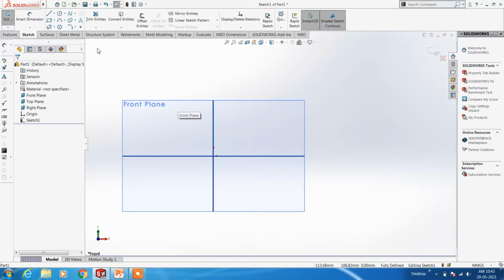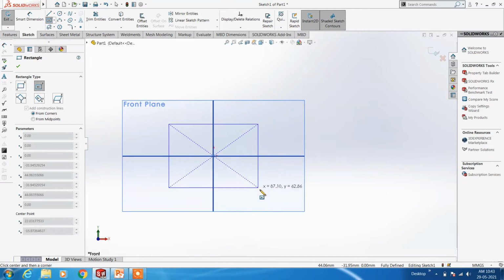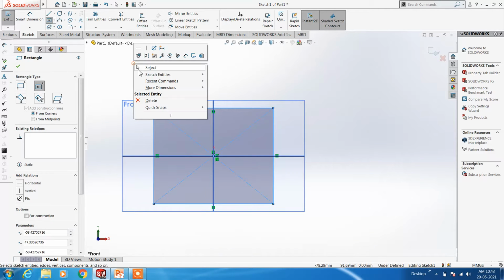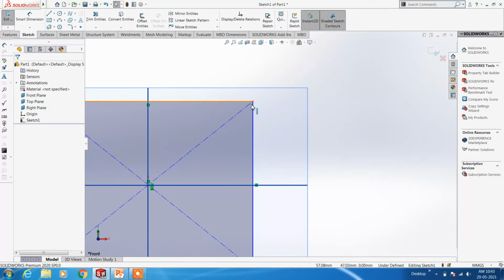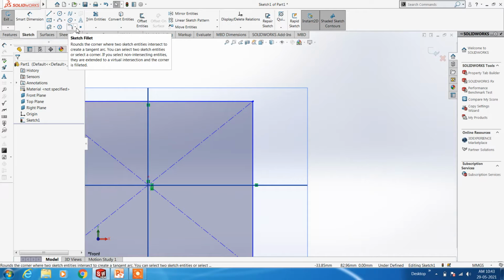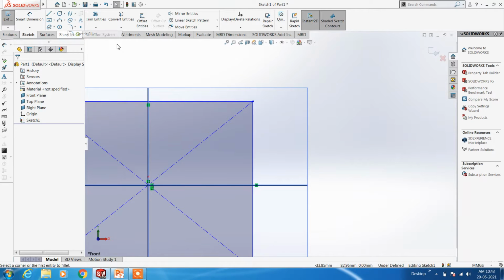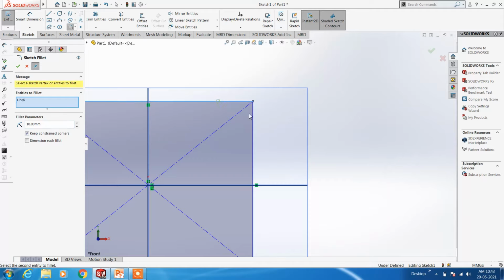Next we will be seeing sketch fillet and sketch chamfer. Sketch fillet: to avoid those sharp corners, we will be using the sketch fillet option. Go to sketch fillet, select these two entities. I already said entities means the sketch you are drawing.